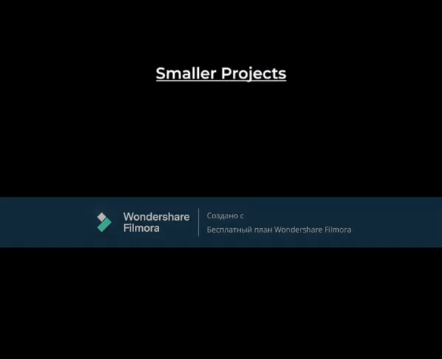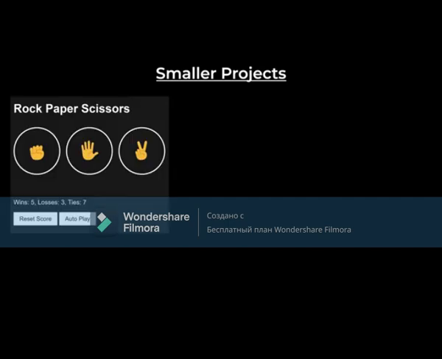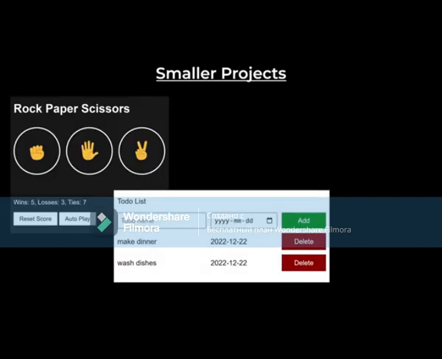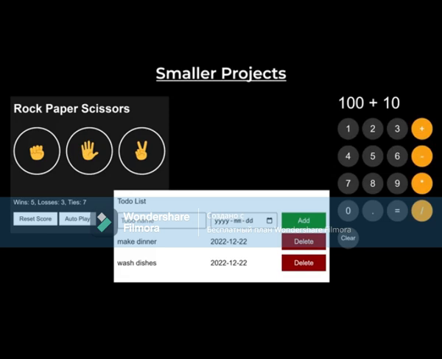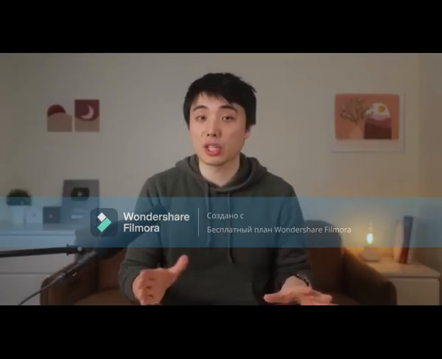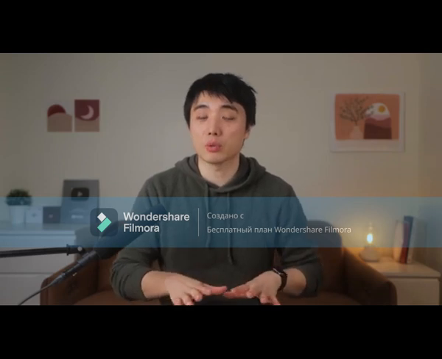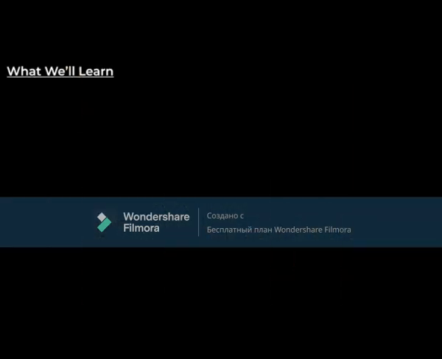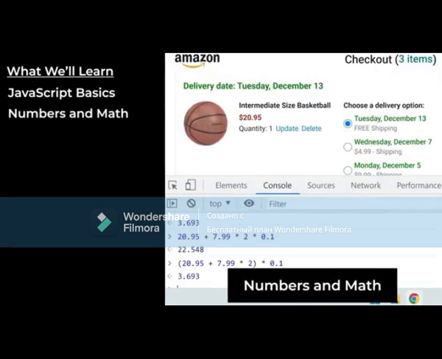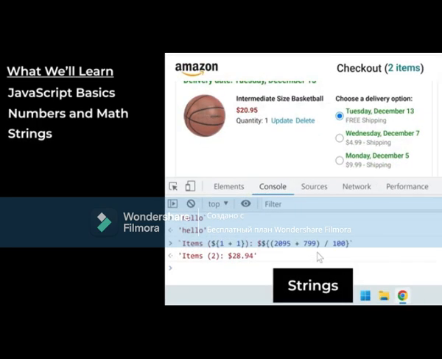Along the way, we're also going to build some smaller projects like a rock, paper, scissors game, a to-do list, and a calculator. Now, you don't need any previous coding or technical experience to follow along. This course will cover everything that you need to learn JavaScript. We're going to start from the very basics of JavaScript, and we're going to build our way up step by